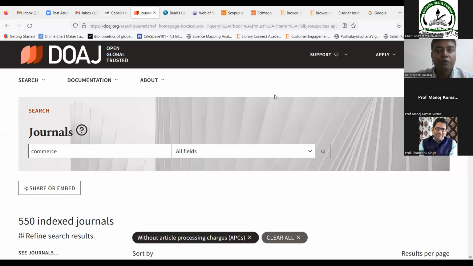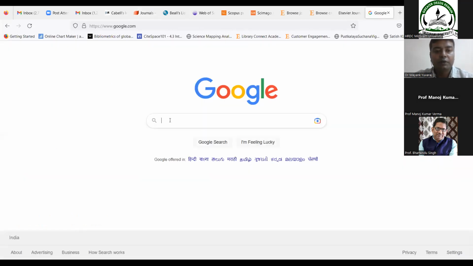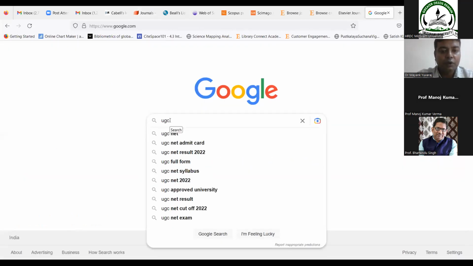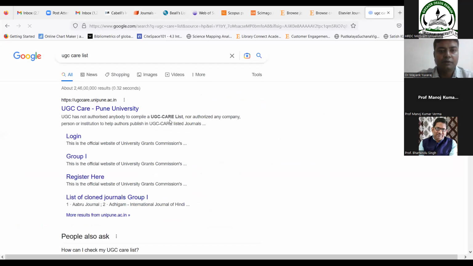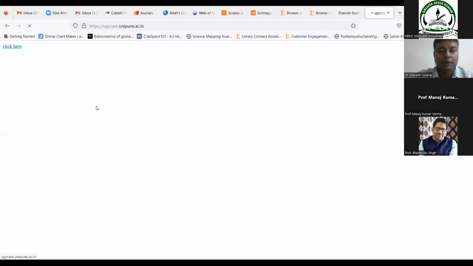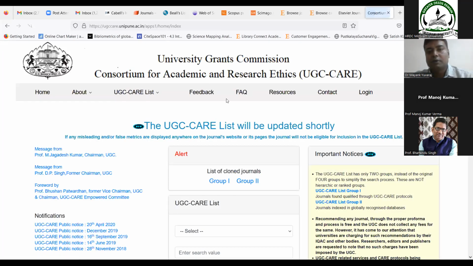So this was DOAJ. Then the Indian tool that UGC has developed, that is the UGC CARE list. This is the interface of the UGC CARE list portal.